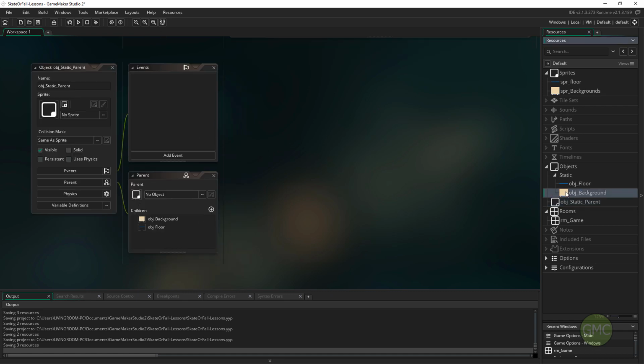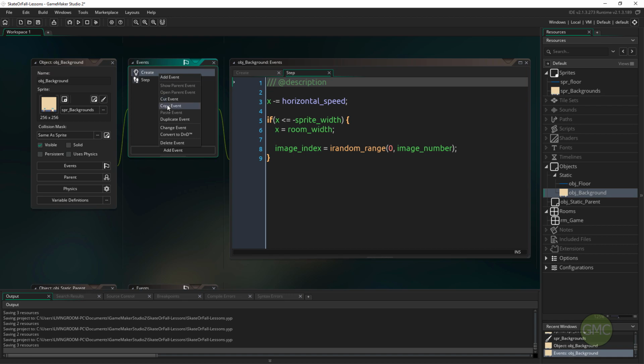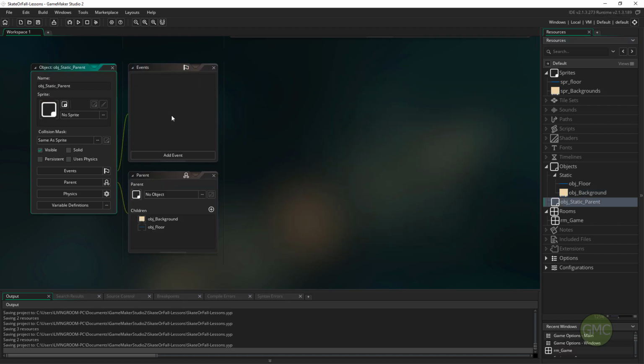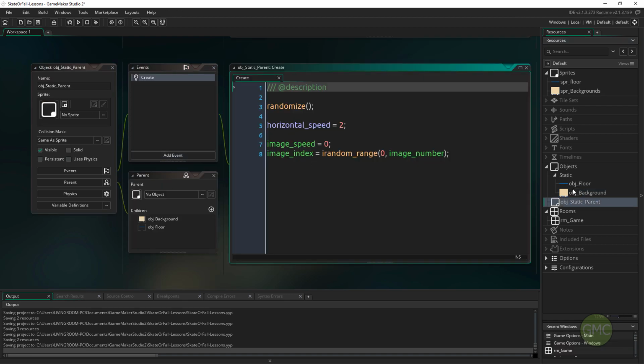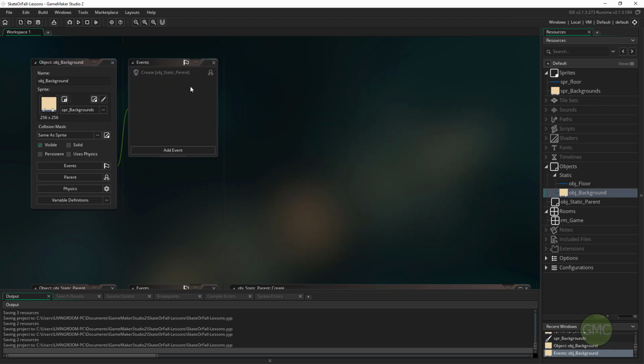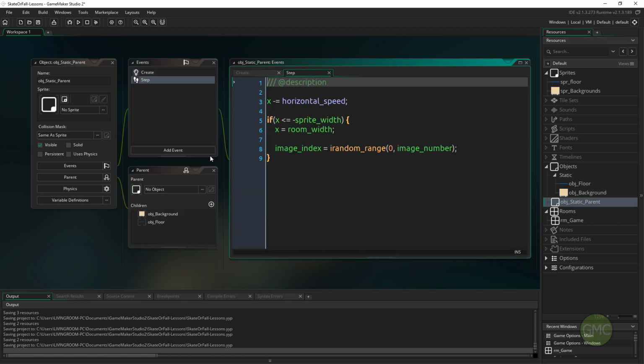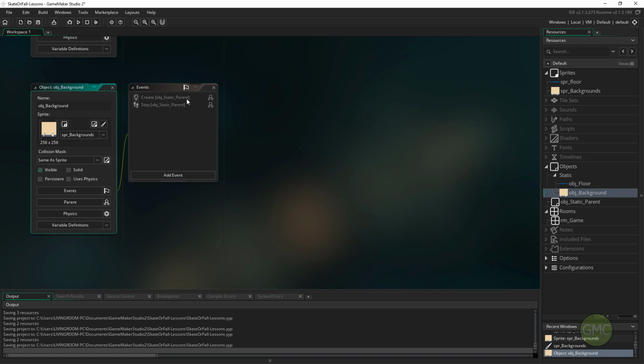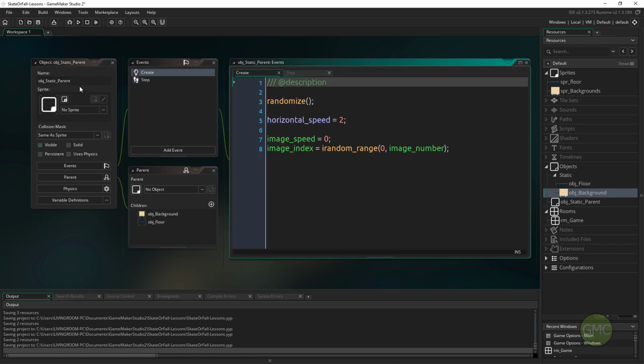Now in the background, we can take our events, we can cut them out and paste them into our static parent. You'll notice that when we're doing this, we have a nice little icon come up here, and I'll explain that in 1 second once we paste this event in. So what that means is that this object is inheriting these events from the static parent. So if we click on them, we're taken to the static parent, and this is the code that's going to